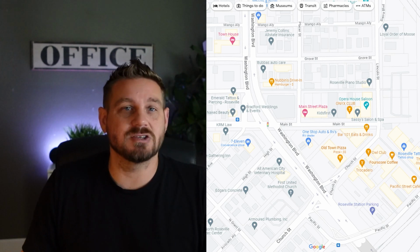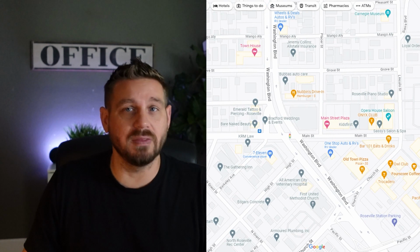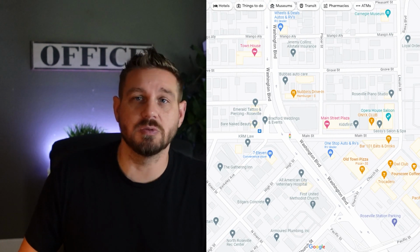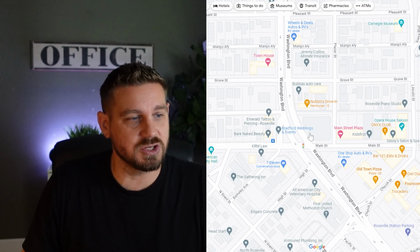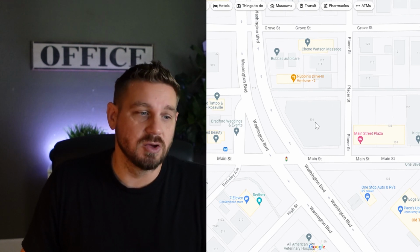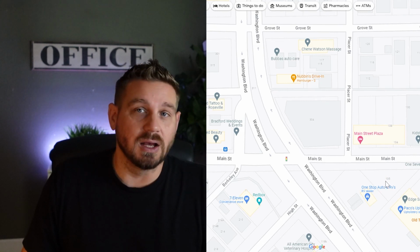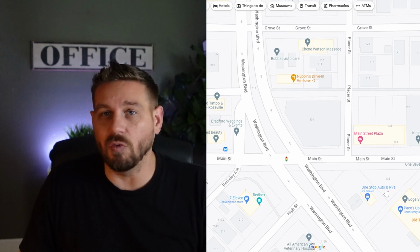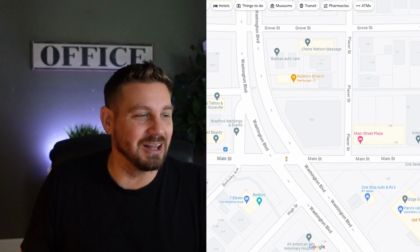You get a nice walkability score in this area. Other cool thing that we're seeing is they are starting to build condos in the area. So we've got a huge project that just finished up right here on this corner. It's actually not even showing up on the map yet, but tons of condos. Really cool because if you're on this side, you're actually overlooking some of that downtown area. Great if you're a people watcher, or if you're on this other side, you're just kind of looking out into